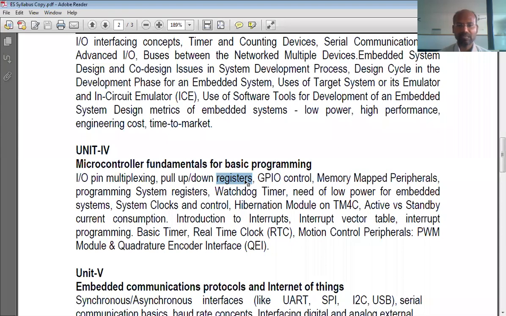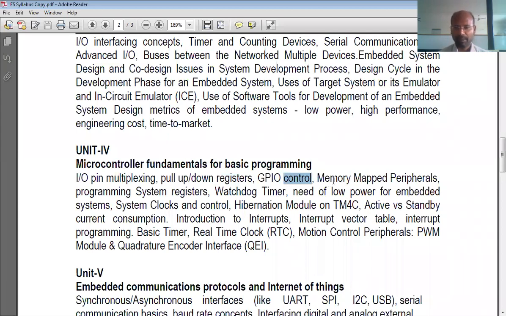Okay, next, GPIO control. GPIO means general purpose input output, and by writing 1, you can set any pin to be an input pin. By writing 0, you can set one pin or a set of pins to be output pins. It depends on your requirement. That is what GPIO control is. It is not just this. There is a lot more to it that we will see when we talk about GPIO control.